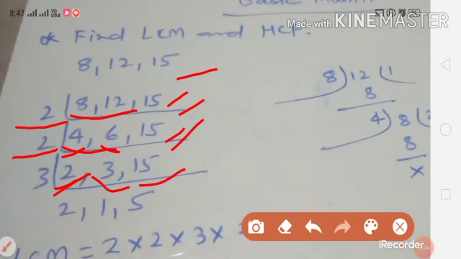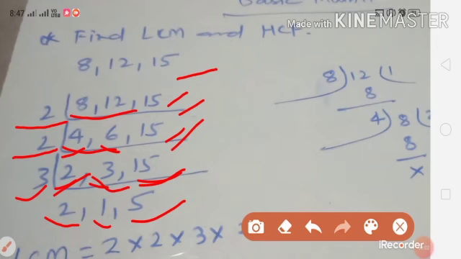We see that only one number is divisible by 2, so it will not work with 2, and we start from the other prime number, that is 3. We see that 3 and 15 are divisible by 3, so we take 3, and 2 is not divisible, so 2 is written in the same form. 3 ones are 3, 3 fives are 15. So now we see that no two numbers are divisible by any number. All have the co-prime number 1.